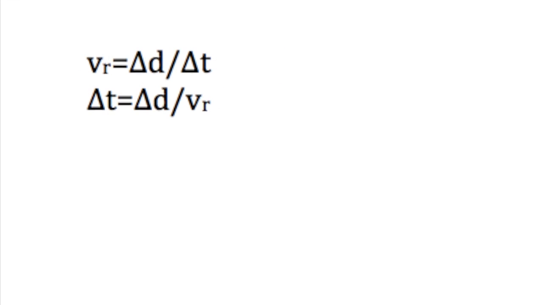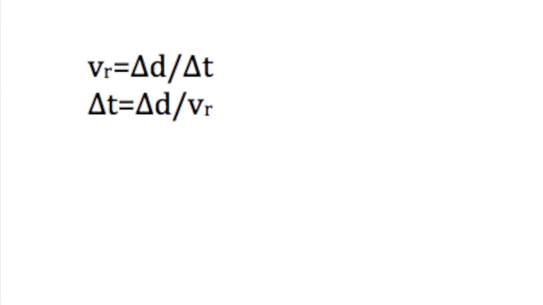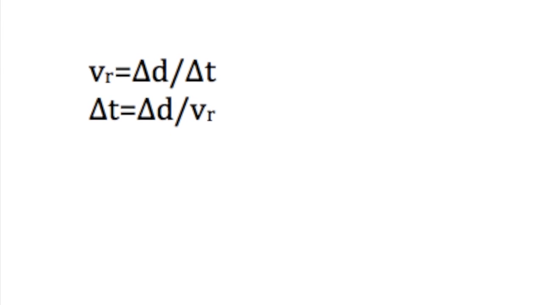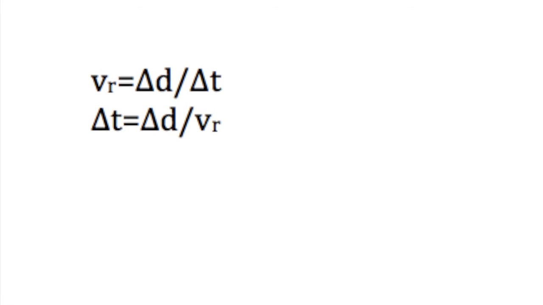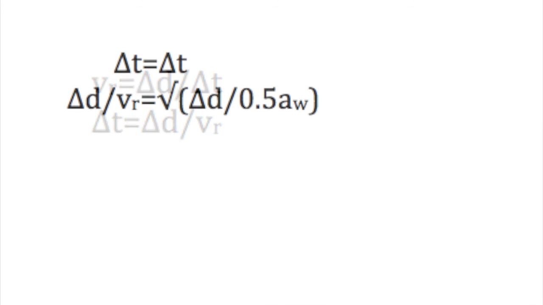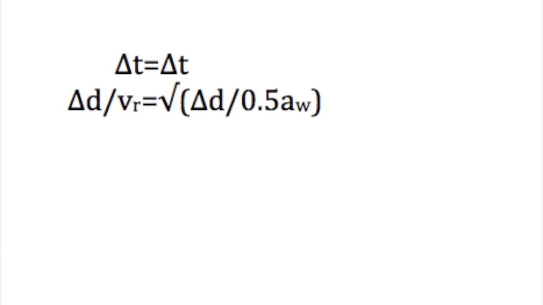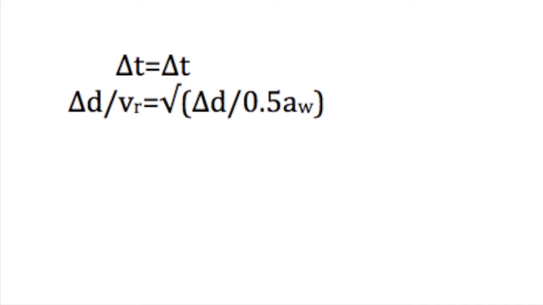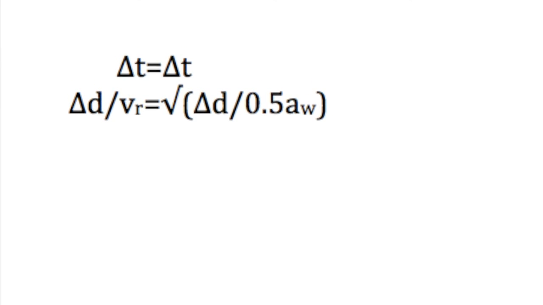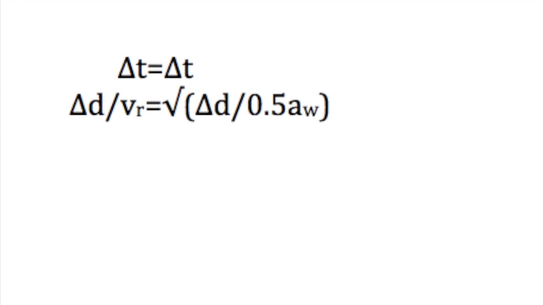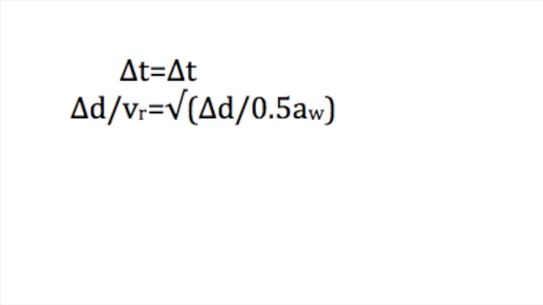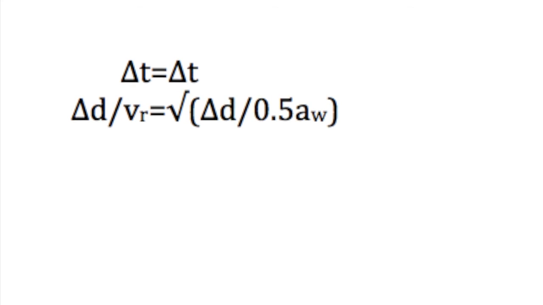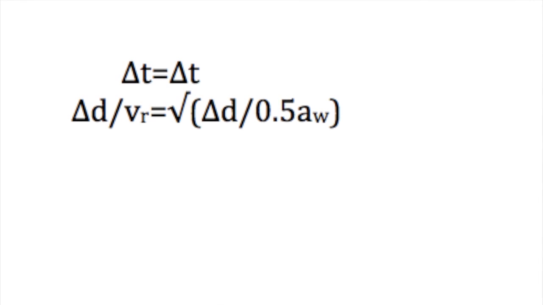Our equation for the Roadrunner will be far easier to simplify, as we can simply switch velocity and delta t, giving us an equation of delta t is equal to delta d over velocity. We know that in both equations delta t will be the same, as they both started running at the same time. Therefore, we can set both equations for delta t equal to each other, giving us a final equation of delta d over velocity of the Roadrunner is equal to the root of delta d over 0.5 times the acceleration